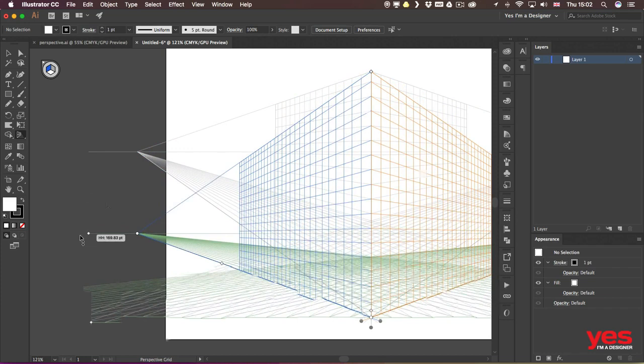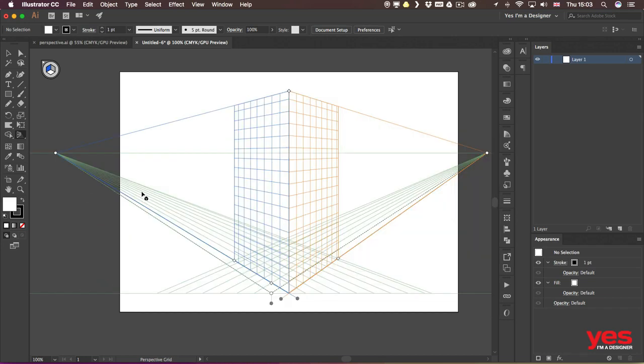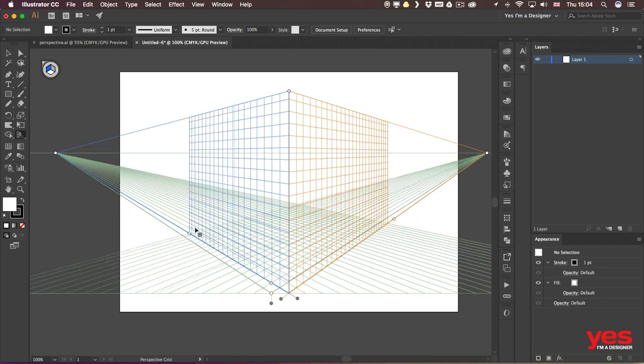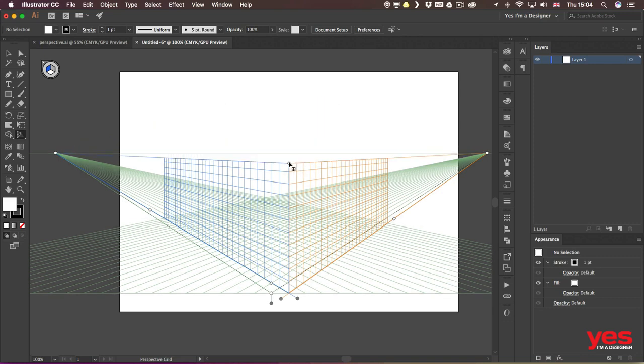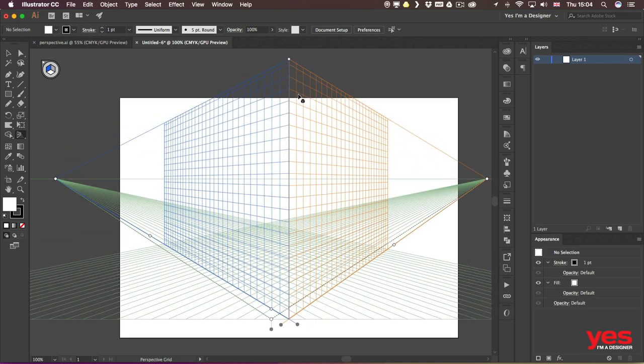A perspective illustration and more similar to isometric view. If you want to see more of the mesh or this grid, you can of course increase it, so that can help you to imagine how your drawing is going to look like. And the same applies to this top point here as well. So if you would like to see more in a vertical line from the mesh, you can just drag that